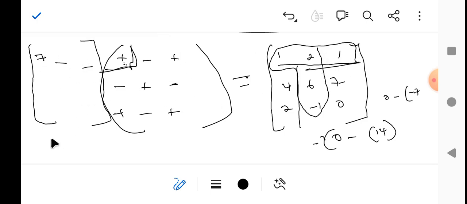After getting this, you will now get the adjoint. Then you divide by the determinant of the matrix to get the inverse of a 3 by 3 matrix. By the next class, I'm going to be doing a clear example of a 2 by 2 and a 3 by 3 matrix. But we have done the generalized form, and we also want